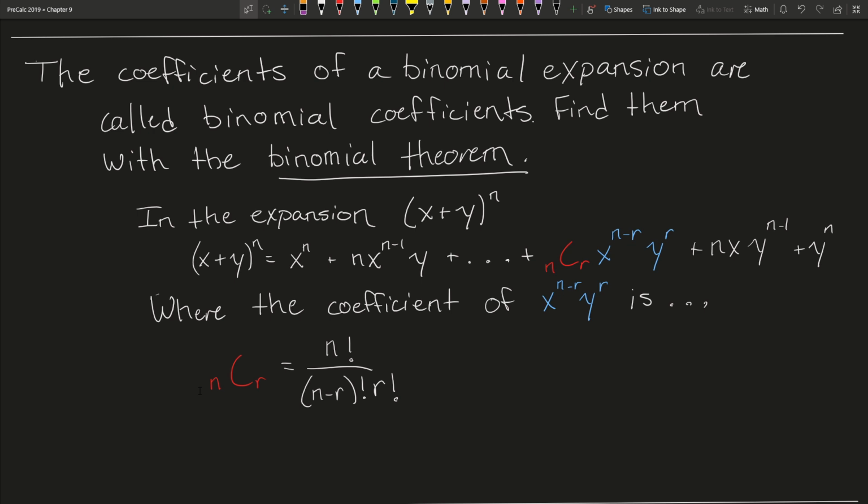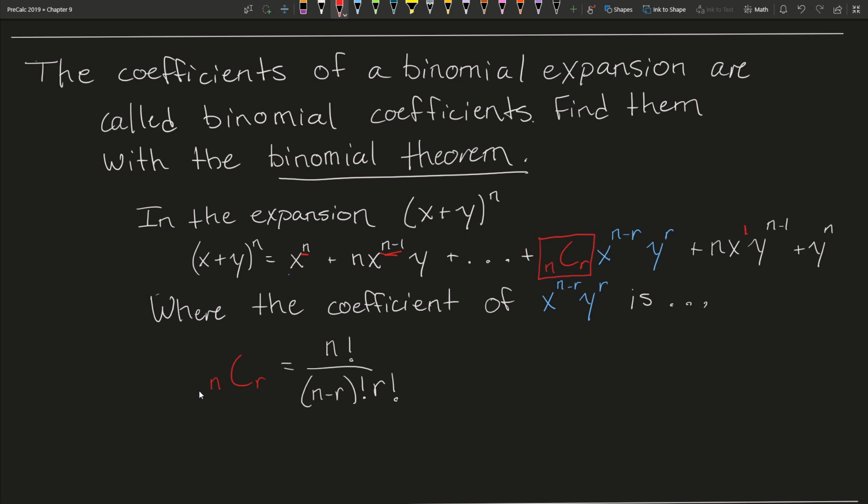So in the expansion x plus y to the nth power, again, it's going to follow our pattern. It'll be x to the nth power plus n times x to the n minus 1, right? So exponents of x are going to be decreasing. Exponents of y are going to be increasing. And then we're going to have some coefficient. That coefficient will always be